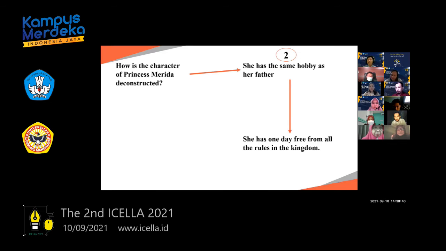She has to walk very elegantly, and she has to do everything very formally. But she has one day free from all the rules in the kingdom. She can be very free. She can be what she wants to be. So in her free time, she likes traveling, adventure, riding a horse, hunting, and even fighting with big bears. That's actually not a really common princess.